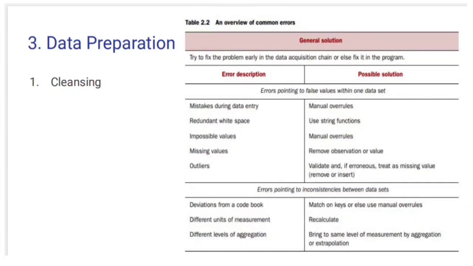So data preparation has three phases. One is data cleansing, data transformation, combining the data. So first one, data cleansing. Data cleansing is a sub process of the data preparation process that focuses on removing errors in the data. Data cleaning is a process of fixing or removing incorrect, corrupted, incorrectly formatted, duplicate or incomplete data within the data